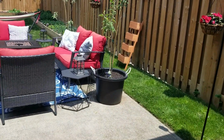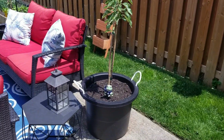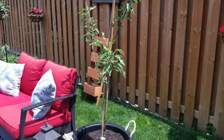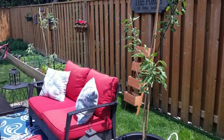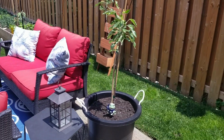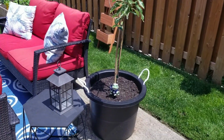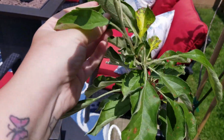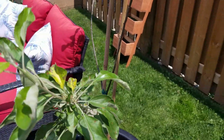So here are those apple trees, the dwarf apple trees that we planted here in the containers. They are doing quite well. I've had to completely restake them just due to the wind, and they're getting pretty top heavy. The other one on the other side actually has flowered and since deflowered, so that's pretty cool. They're doing fairly well. I've been giving them lots of water and fertilizing those. So yeah, just to show you here, they're doing very well. I didn't think we were going to see more than just some twigs this year, so this is quite surprising